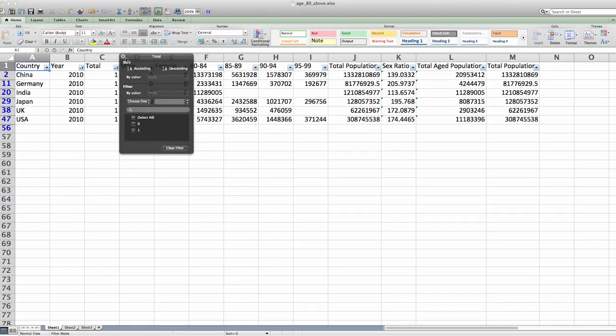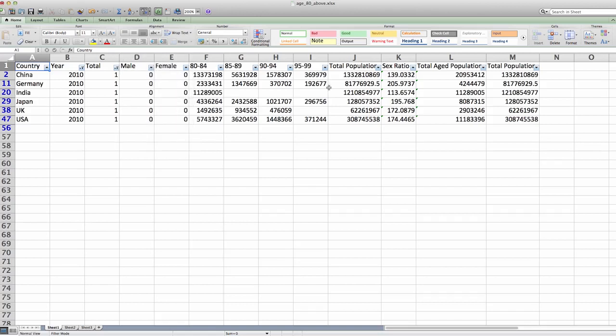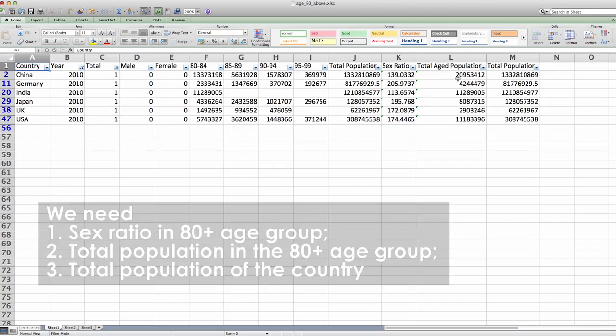Alright, so what we have here is sex ratios in different countries in the age group 80 and above during 2010, total population in that age group, and the total population of the country. We are now ready for the final stage of my demo.